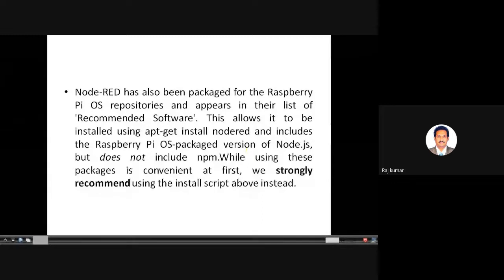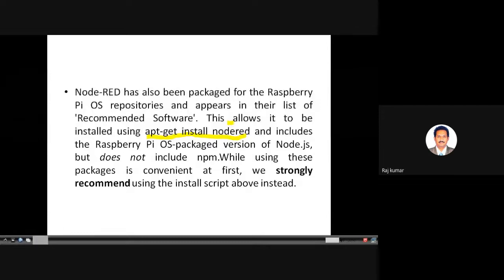This is one problem. So here, if you want to install on the Raspberry Pi, you can use sudo apt-get install Node-RED. This command also will work. Okay, so I'm highlighting that. Like this also you can install, apt-get install Node-RED. But here you require super user credentials, so we have to use sudo space apt-get install Node-RED. Then everything will be installed, whichever repository is found in the current Raspberry Pi system.